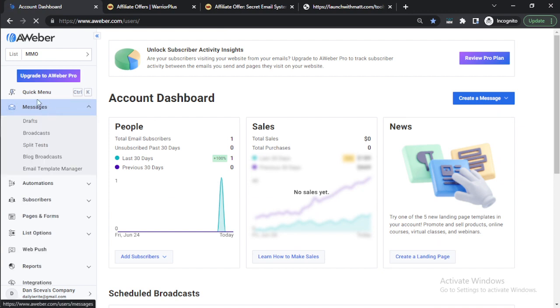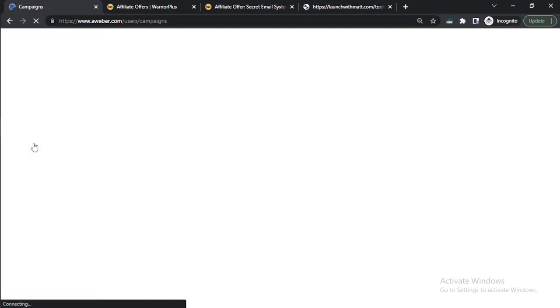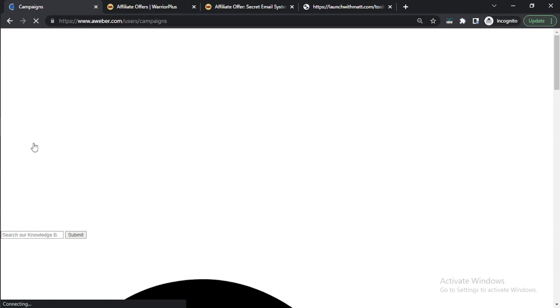So to do this, simply come to the messages. Once you are here, let's go to the campaigns. You want to go to the campaigns tab. Once you are in the campaigns, this is where you are going to create the entire follow-up sequence, from the welcome email all the way down. I'm going to show you exactly what you will be doing, and then from there you can pick it up,